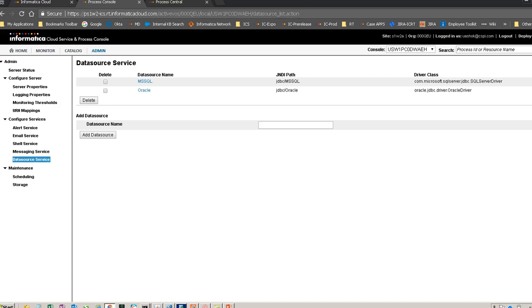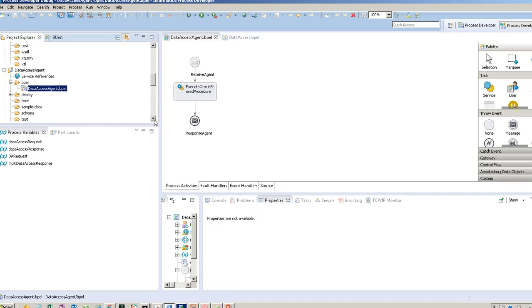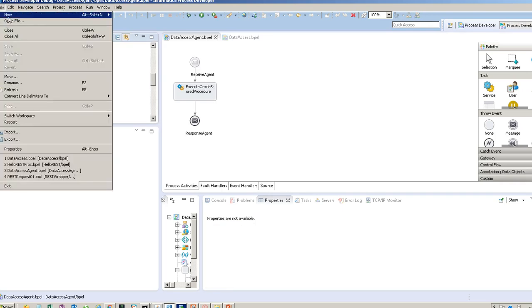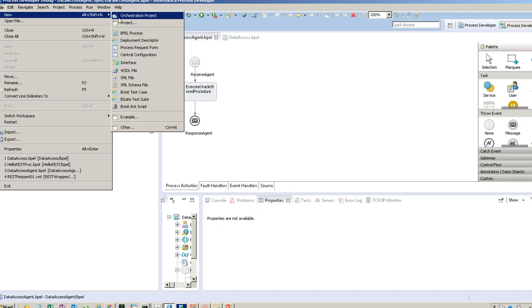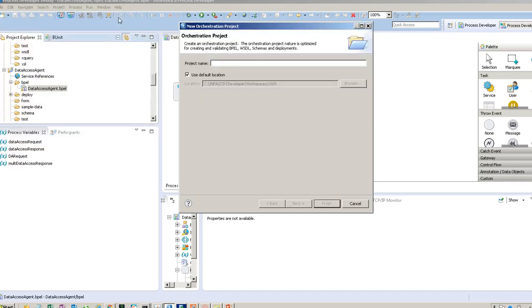Now switching to the Informatica Process Developer, here is the Informatica Process Developer wherein you will be creating the project to be able to access the data access service. So as a first step, I would create the orchestration project with a simple name. For instance, I would just create